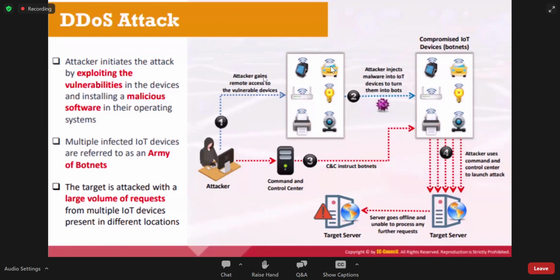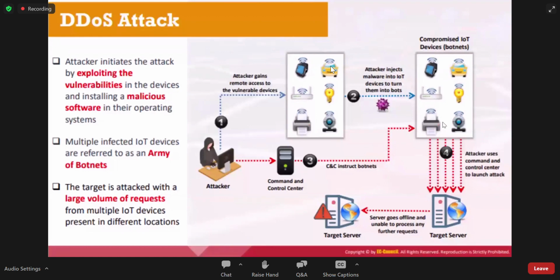So here the attacker gains remote access to a vulnerable device. It can be any one of the devices here. And then the attacker injects malware into the IoT device to turn it into a bot. So let's consider that every device has the vulnerability, and he injected malware into each and every device.